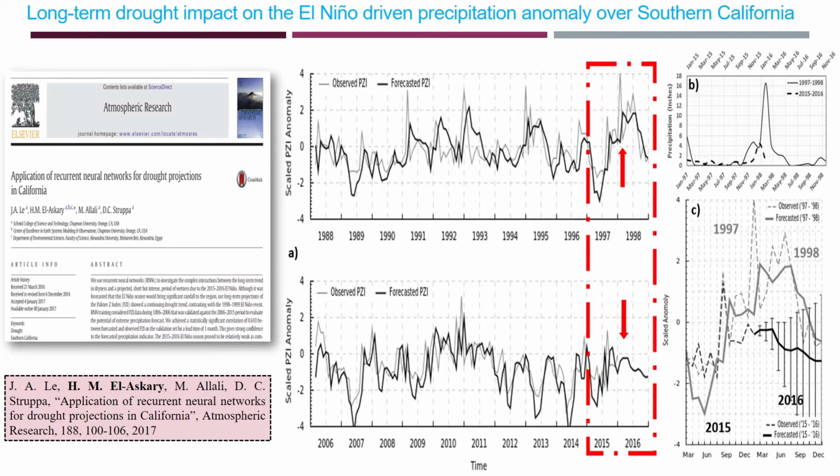The curve in the top is a representation of some validation data sets, where the dark line is forecasted, the gray line is observed, and you can see towards the end, 1997, 98, is a very known El Niño period, where you can see very high correlation between our model and the observed. This is an event which happened already. The one in the bottom was a forecast. We were projecting what's going to happen in 2015, 2016.